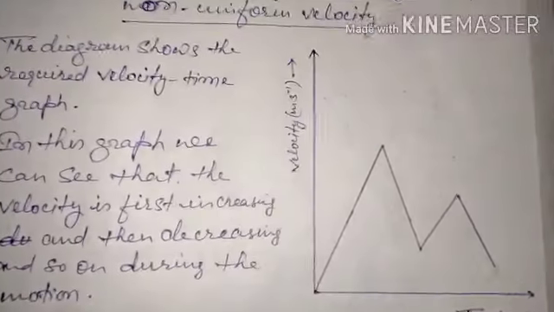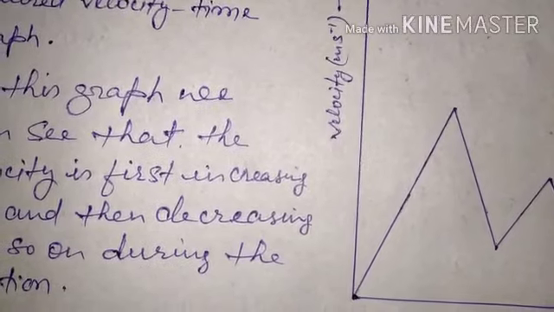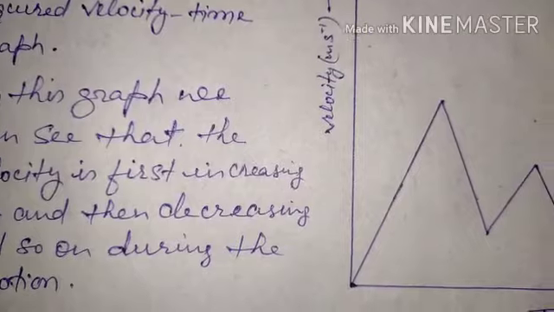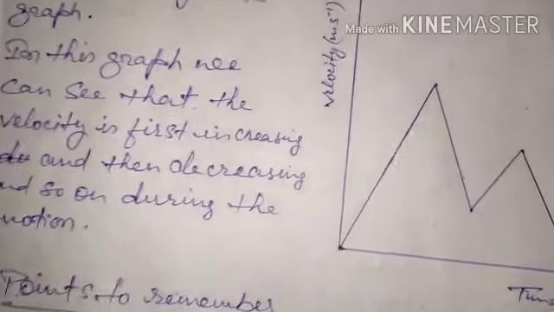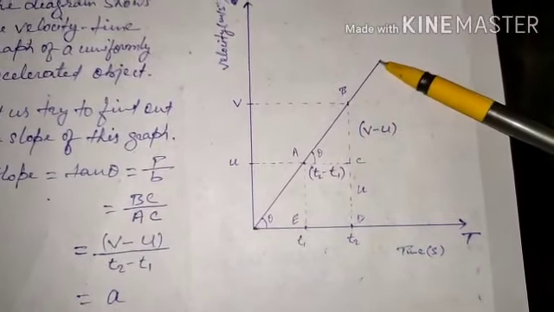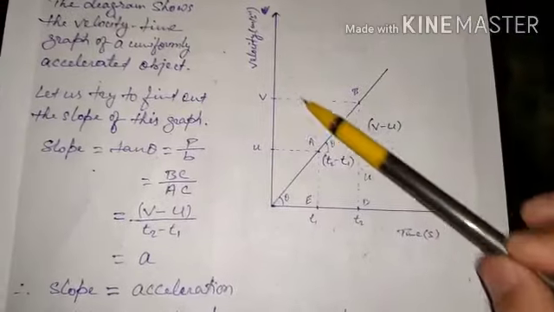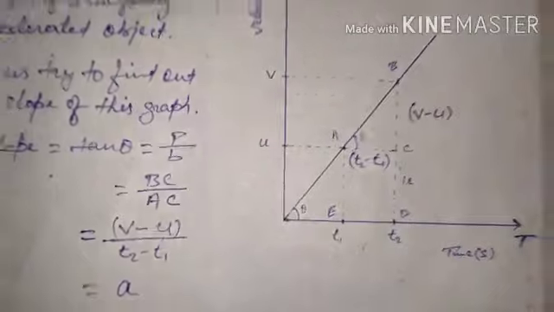Okay, now points to remember. One thing I would like to mention here, as we had discussed about uniformly accelerated motion, it means the body is changing its velocity uniformly. One case we had discussed, that is the increasing case. Let me show you. So this is the case. Here you can see that the velocity is continuously increasing. We can have another case also where the velocity is decreasing, and the graph will be like this. Okay, so don't get confused with that. This is the case of acceleration, that will be the case of deceleration. Okay, now coming back.